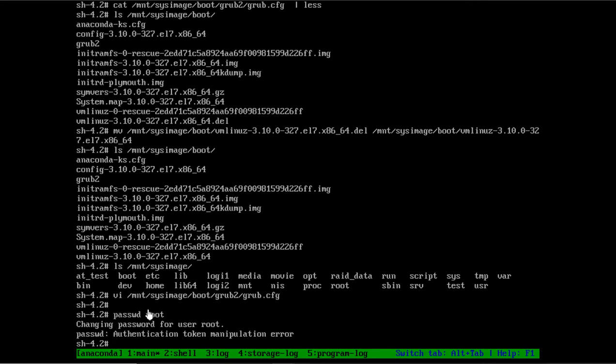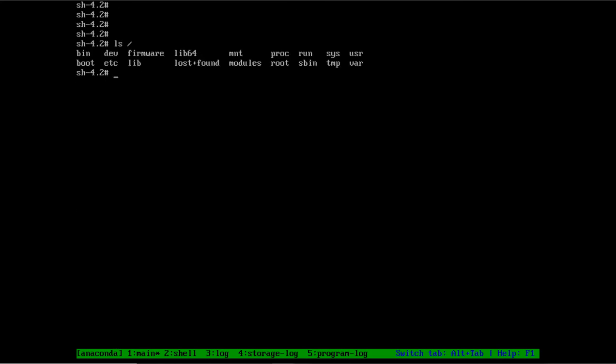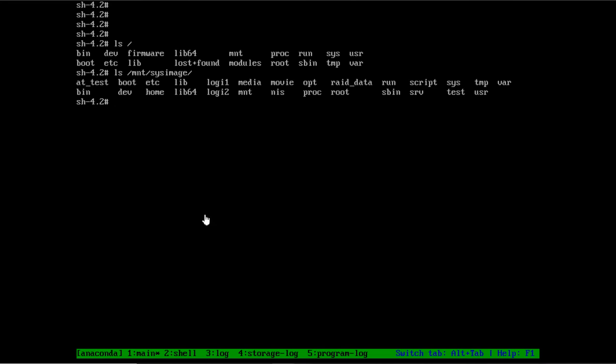So if I want to reset the password for root, I have to change my root file system. That means right now this root file system is coming from the DVD, and my file system is under sysimage. So I have to unload this root file system of the DVD and load my own file system into memory.